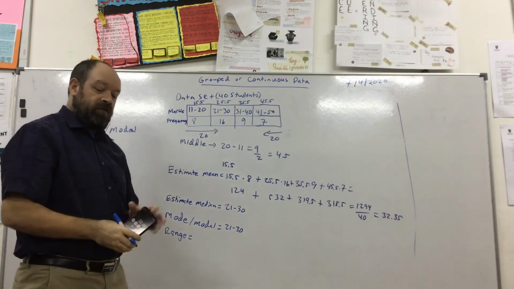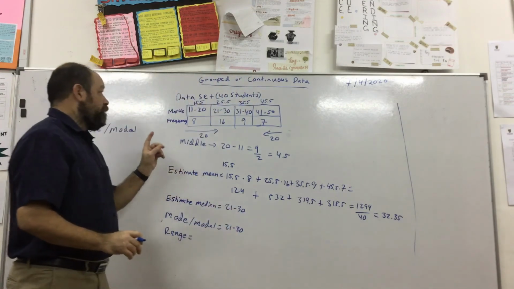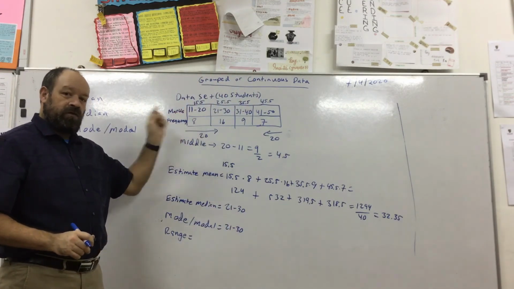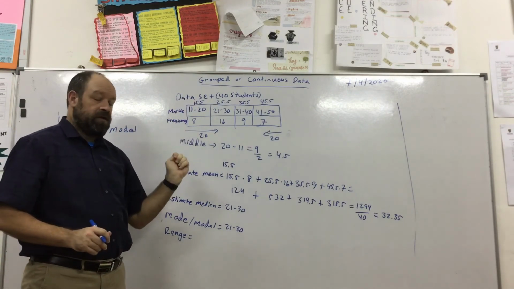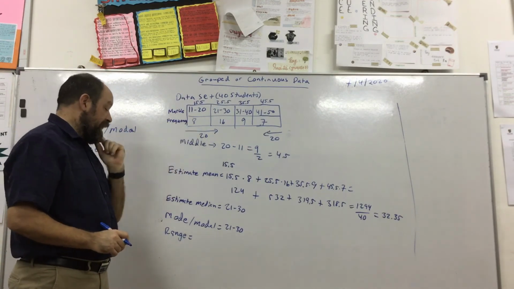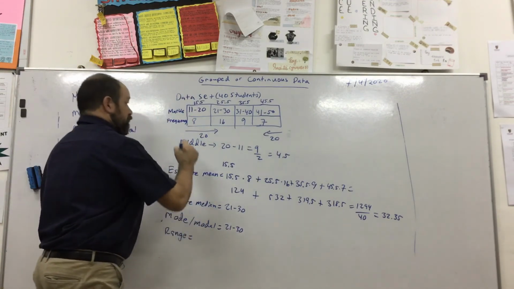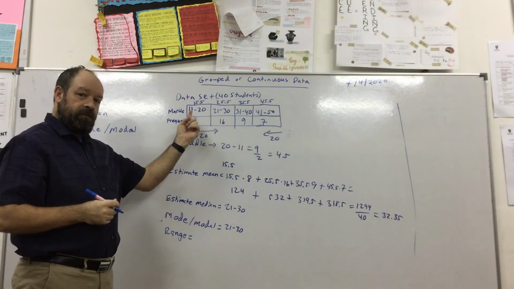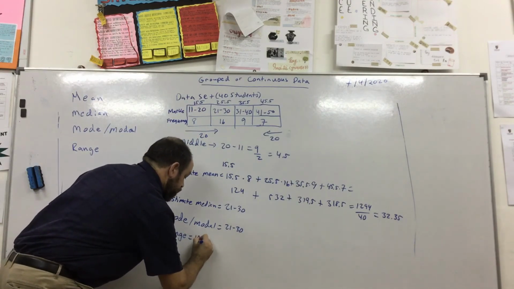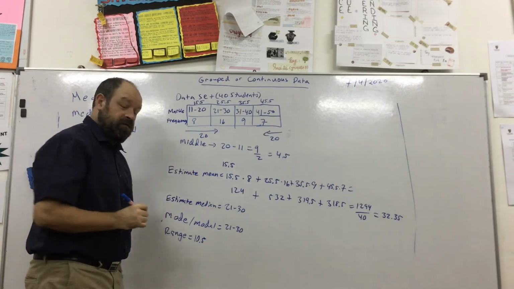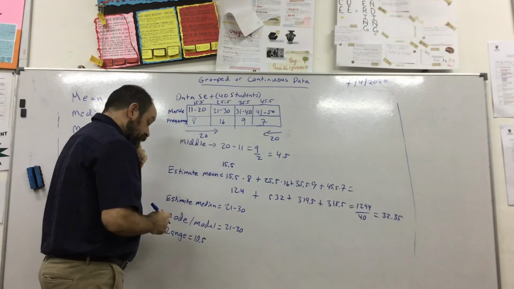Range is a little bit more difficult. Because these are continuous and grouped, there's actually a rounding. So for the range, you need to go, the smallest number that could be 11 if we were to round it is 10.5. And the largest number, if we were to round it, is